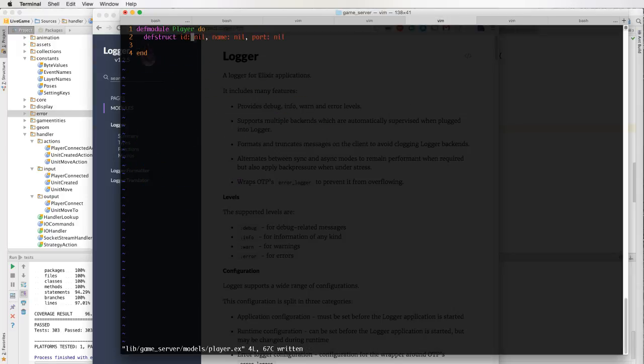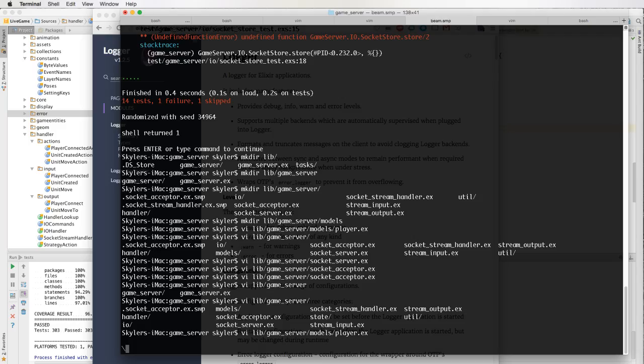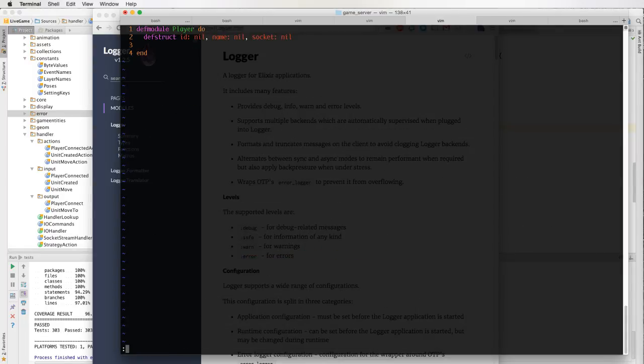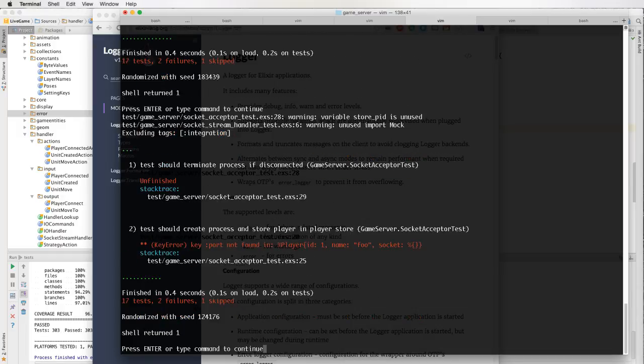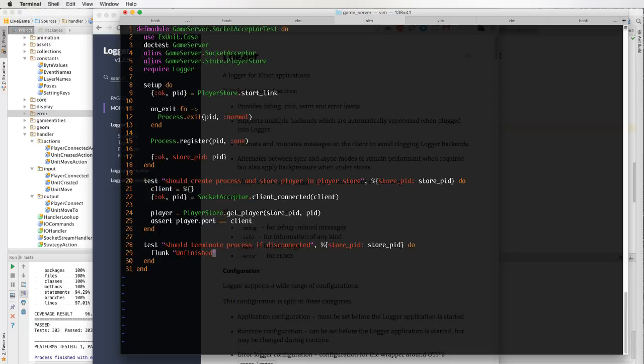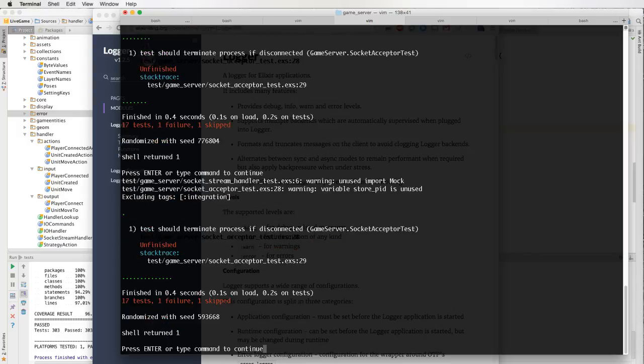And socket. How close we are. Oops. Next test. We should have the one. Okay, we have two failing. I think we need to update here. Yeah, socket. Save that and run our tests. There we go. So we're back to our